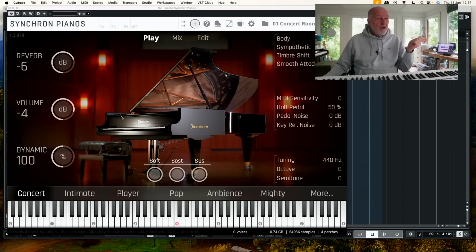Right, moving on to the next one, which is a completely different proposition, and that is the VSL pianos. I've been using these for years, and they just get better and better. Why I use these: if I really want control over all those mic positions and I want to modify my sound, and I want the most detailed, fully sampled piano I can find, this is it. What you get